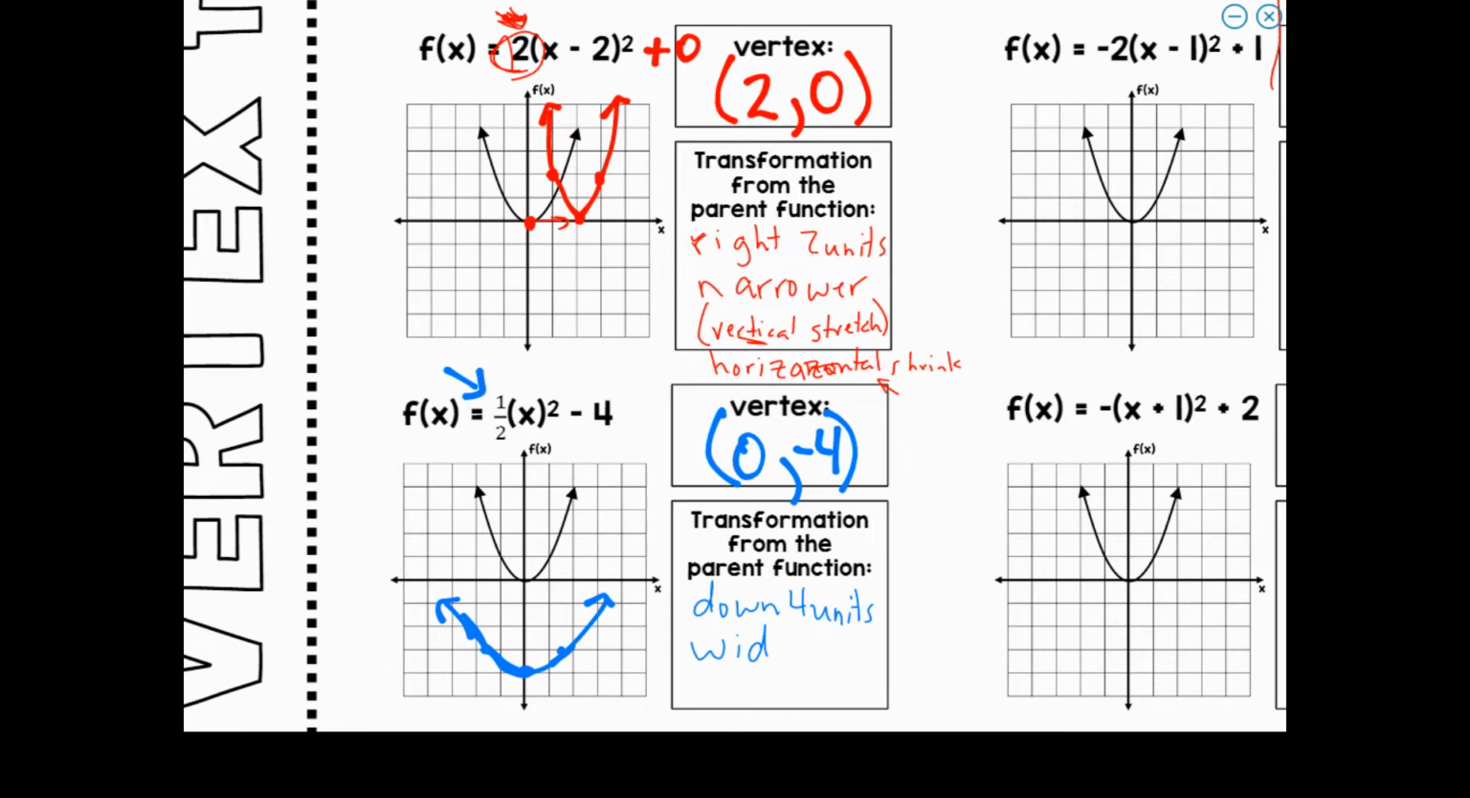So this is wider because that A is below 1, right? It's between 0 and 1, so it makes it wider. Okay. And the way that this could be worded is if there's parentheses and there's a fraction outside, then it'll be vertical